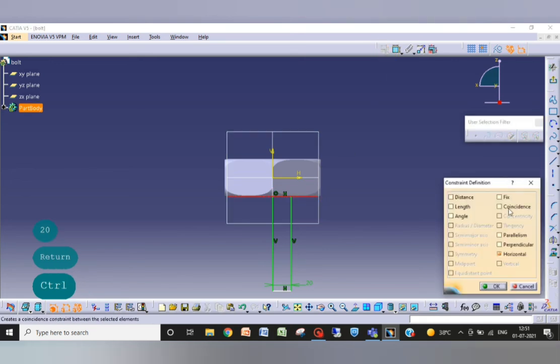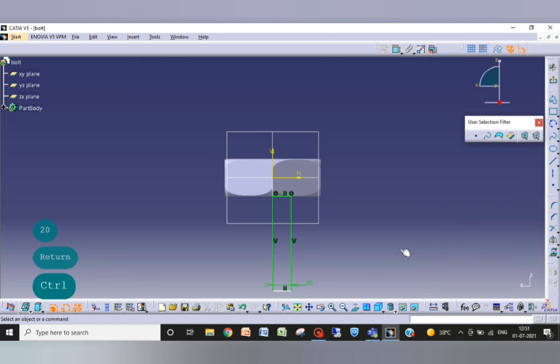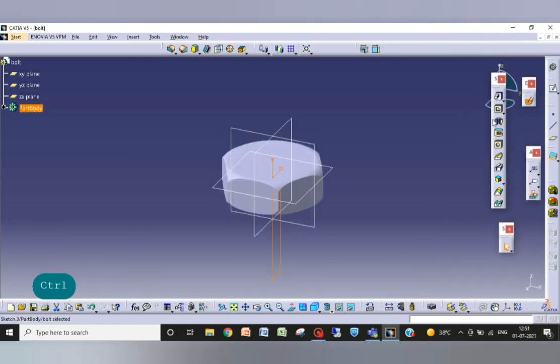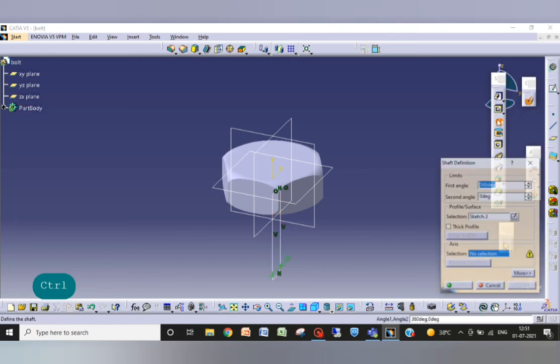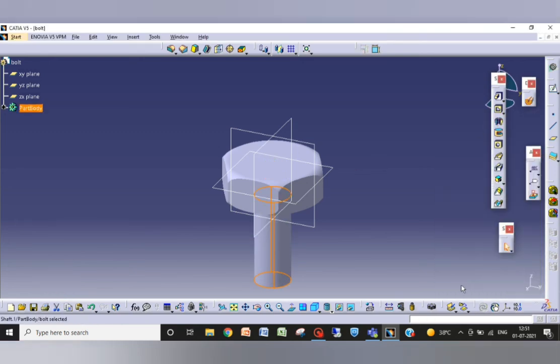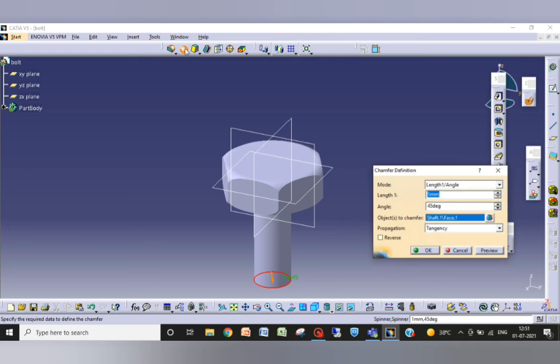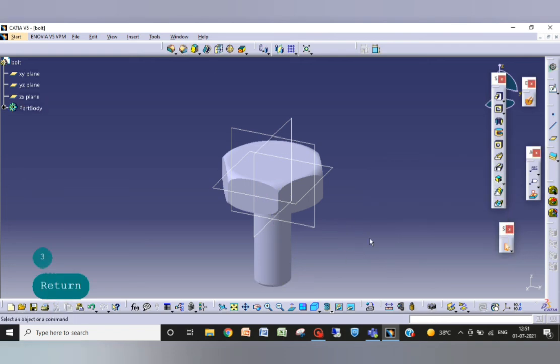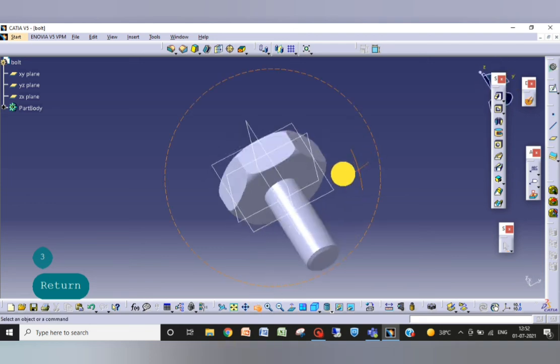Make them coincide. Okay, this is fine. Now exit and make a shaft along the vertical axis. Okay, your bolt is ready. On this edge, make a chamfer and enter. Now you can see your bolt is ready.